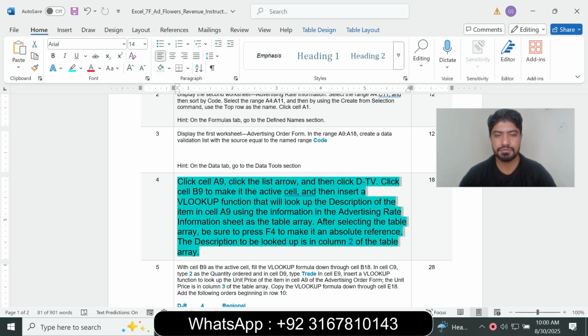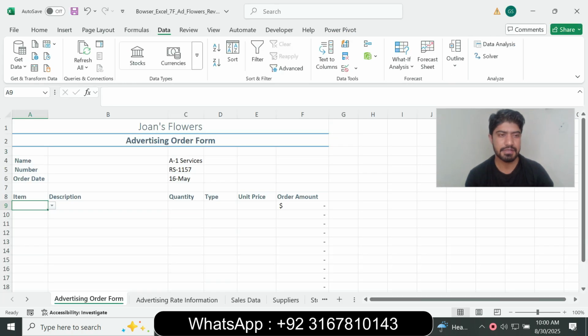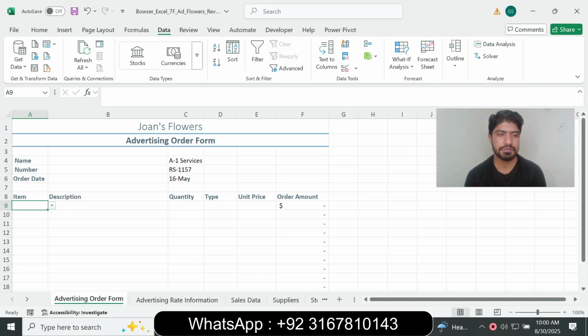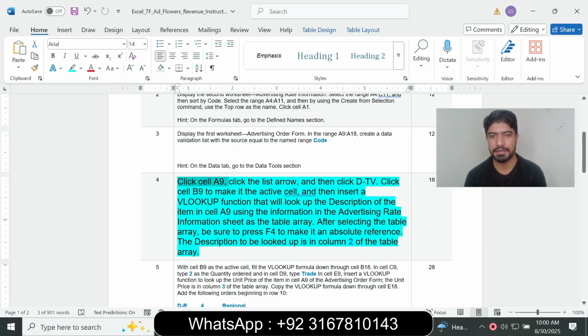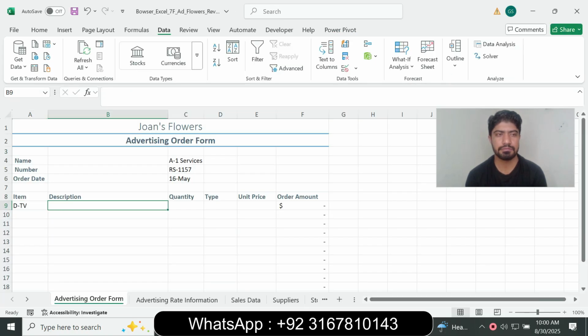The description to be looked up is in column 2 of the table array. So click the cell A9, click the list arrow and click the DTV, and next click the cell B9 as the active cell and insert the VLOOKUP function. So select B9,